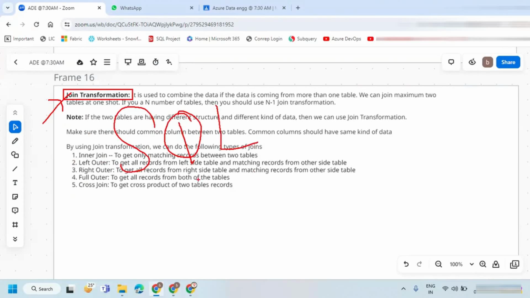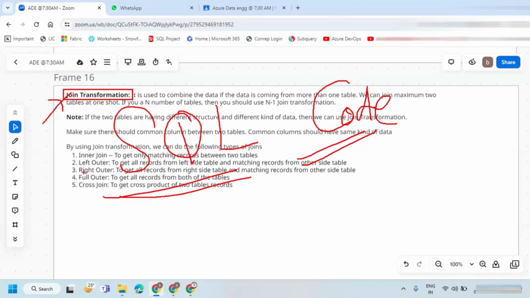How can we apply joins like inner join, left outer, right outer, full outer, and cross join? And when we can use the inner join and when we can use the cross join, I explained in more detail even in SQL. So here also I'm going to take you through how exactly we can do it. In SQL, we used to write code completely, whereas here we don't require to write code. So a similar kind of requirement we can do.